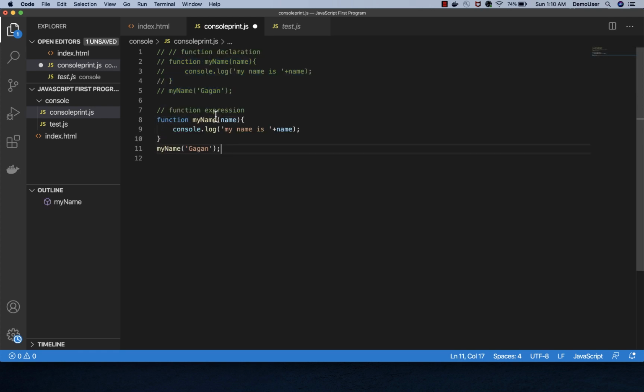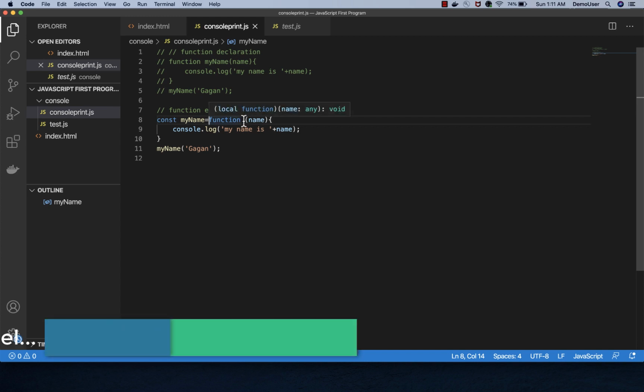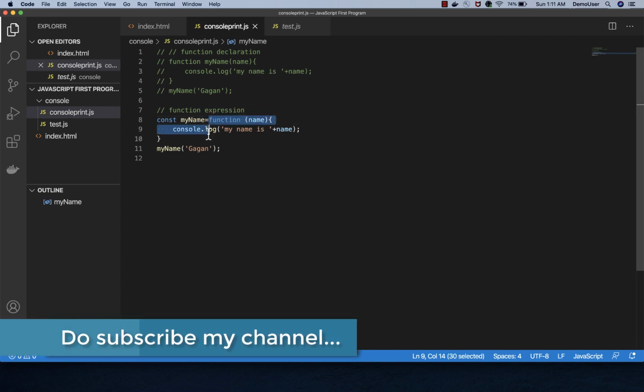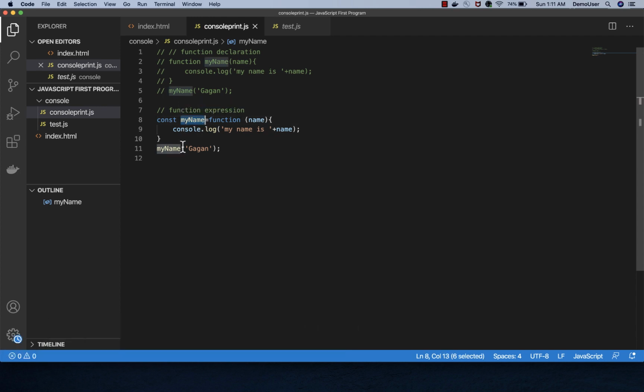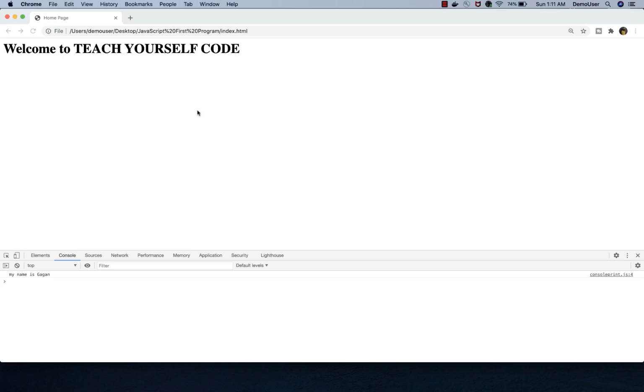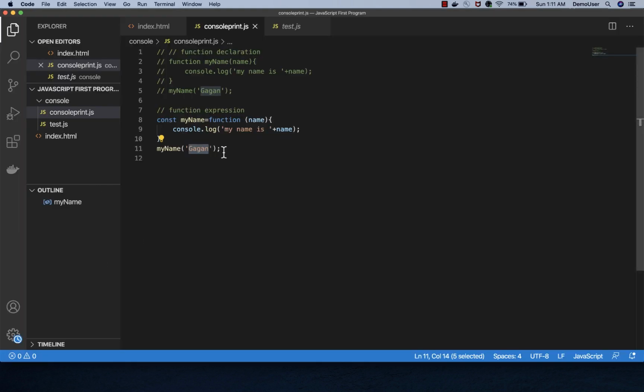Save it here and I will remove this, save it in a variable, and that's it. So this is a function expression where we don't have any name of variable or a function, and we are saving the entire function into a variable, and simply we are calling this particular variable over here with the parameter. So if I refresh this, you can see it says my name is Gagan. So this is about function expression.